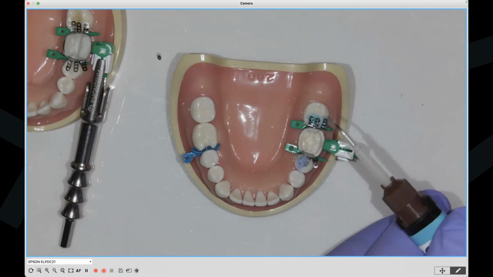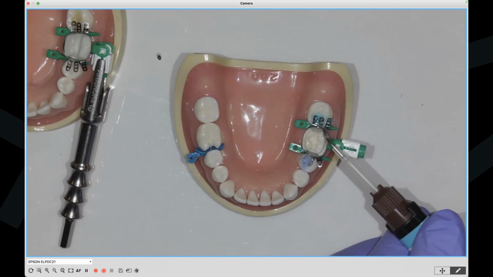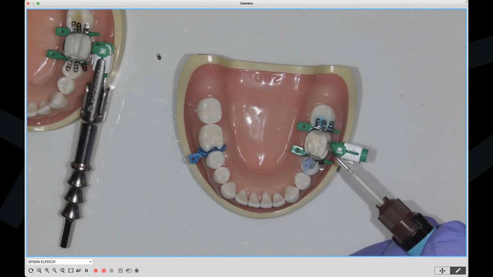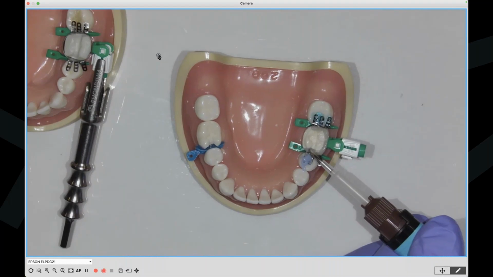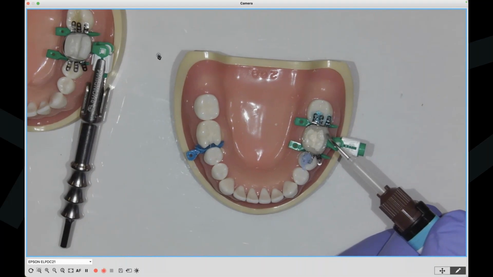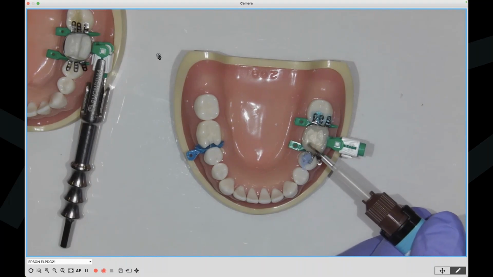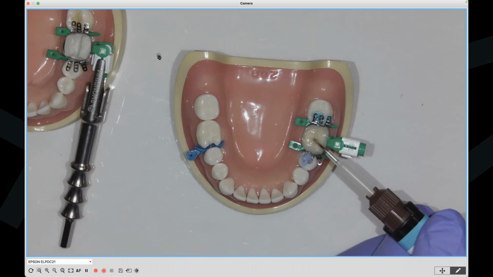Okay, we'll set that aside. Now we'll go into here. We won't need any light yet, Nance. Matter of fact, we probably won't need any light at all because this is a total auto cure at this point. So 60 seconds.